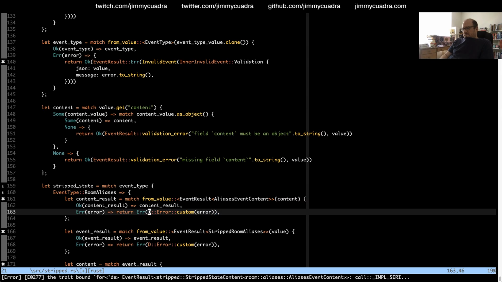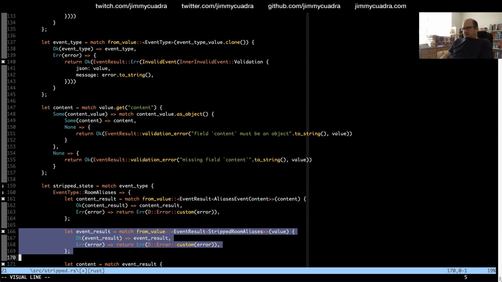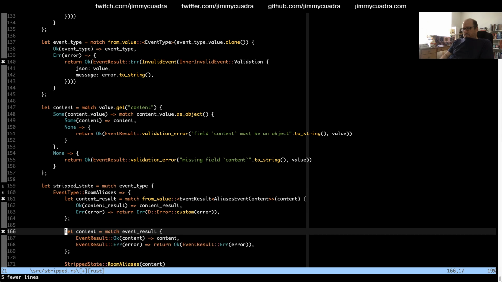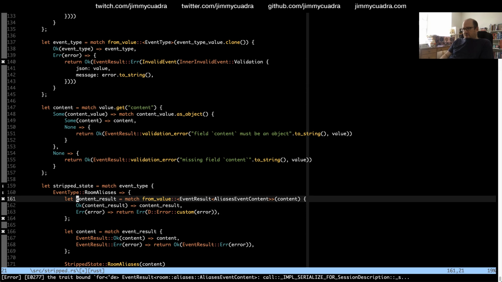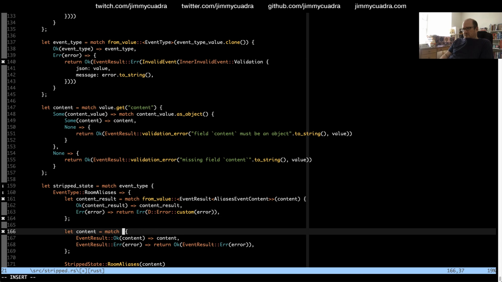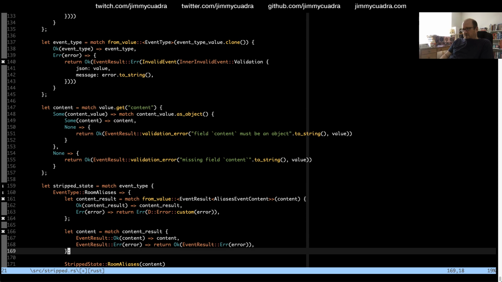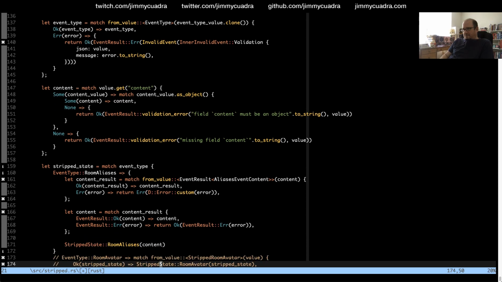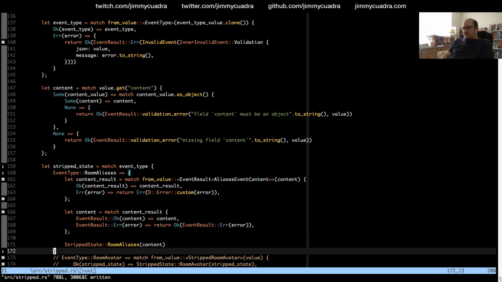Otherwise, we need to do this nonsense to get the error converted into the right format. Okay, and now it's wrapped in an event result. Let's just change this back to event result. No, let's use content result. So the content itself needs to be unwrapped, which is that. And so now we've got the content.